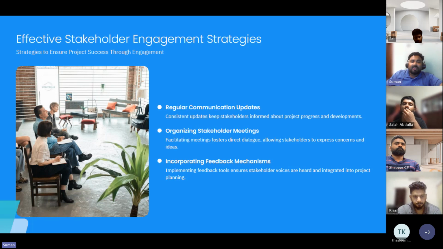The next part is effective stakeholder engagement. Why stakeholders? First of all, stakeholders are like everyone: the local public, the workers, the local regulatory authority, the contractors, the owner or the license holder of the nuclear project. So why is it important? Because the local